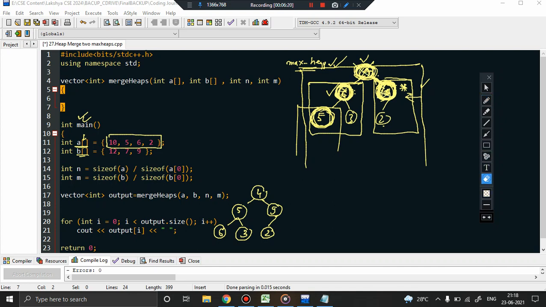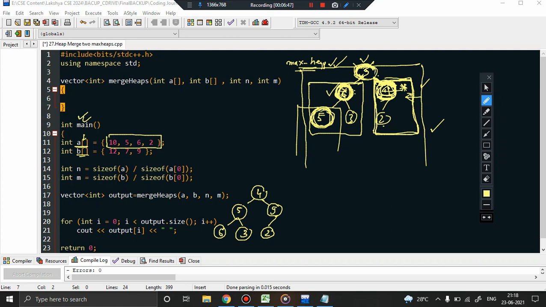So what will happen basically? This will become 9 and this will become 4, right? Once this happens, which is the node that got disturbed? Definitely this node got disturbed, isn't it? Because you inserted 4 here. Now you will again look into this subtree and check if the heap property is satisfied. Definitely you can see now the heap property is satisfied because there is no issue with this, right? So this is how the heapify operation basically takes place.